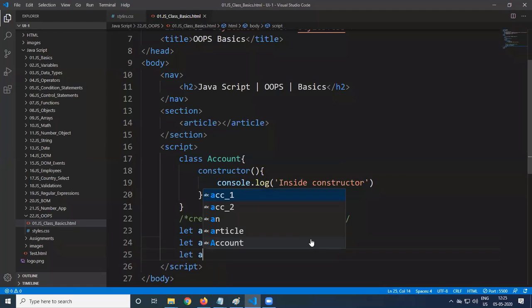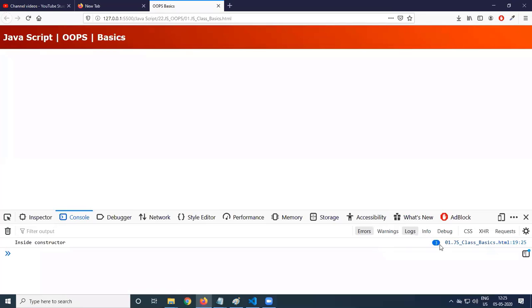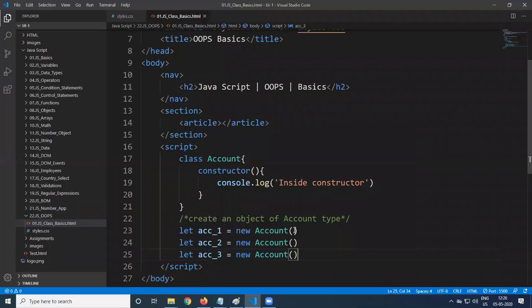Now the third one, let ACC_3 is equal to new account. Now, how many times will this constructor be called? Three times. Now, for each object, I want to pass the account number.